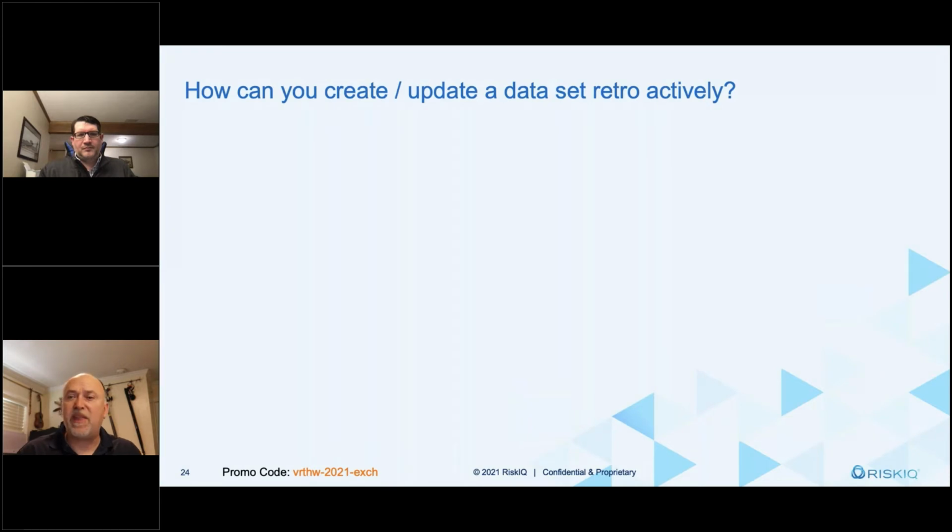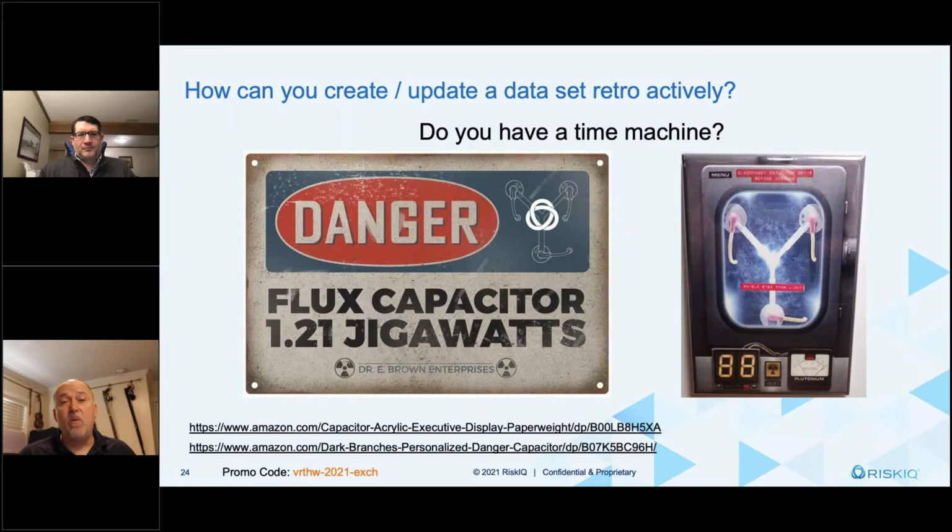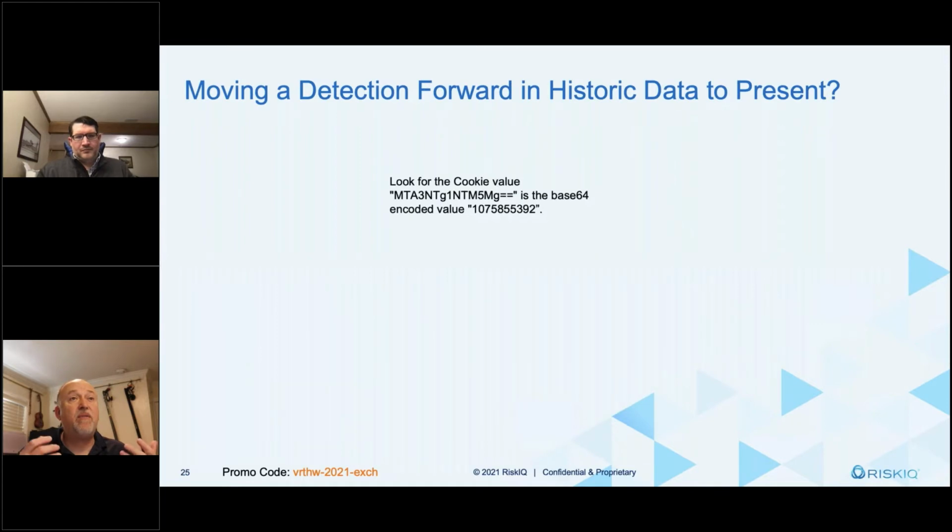So if you ever dealt with a SIEM before, where you see an event and you go, I'm going to create a rule that when I see this again, let me know. You can't go back in time and set that. You have to set it from this point forward. But with RiskIQ, we actually have like a time machine, and we can go back in time and see what happened. So if we see a cookie value and we go, we did an investigation, we got done, we found this one cookie that linked everything together, we can actually go back in time and find everywhere that was.